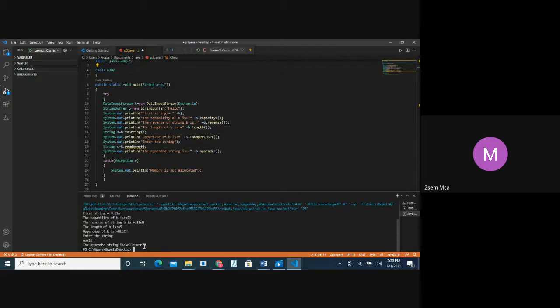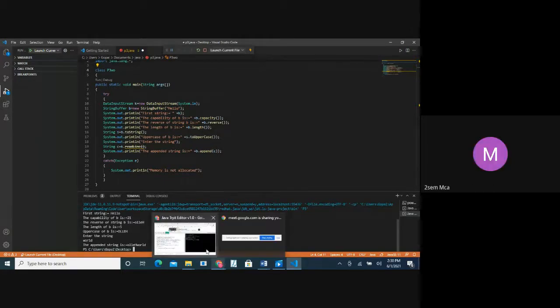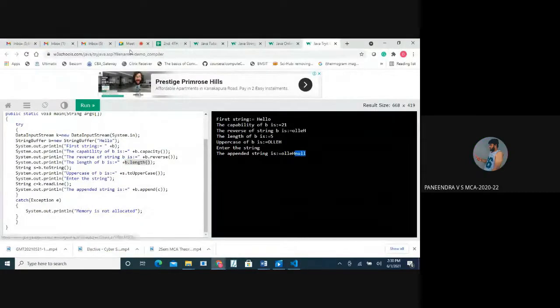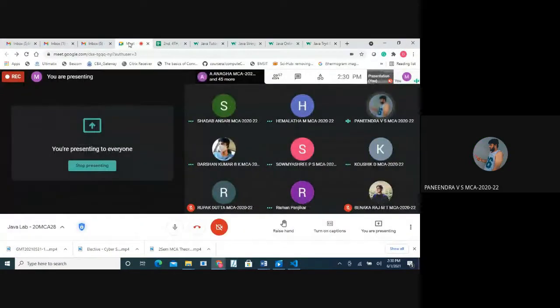Able to see? Yes, ma'am. In case anybody is not able to see because the font size is small, what you have to do is click on your, you can see what I'm showing, click on this pin to screen. Then only my screen will be visible, and you can zoom, even the small text you can see.